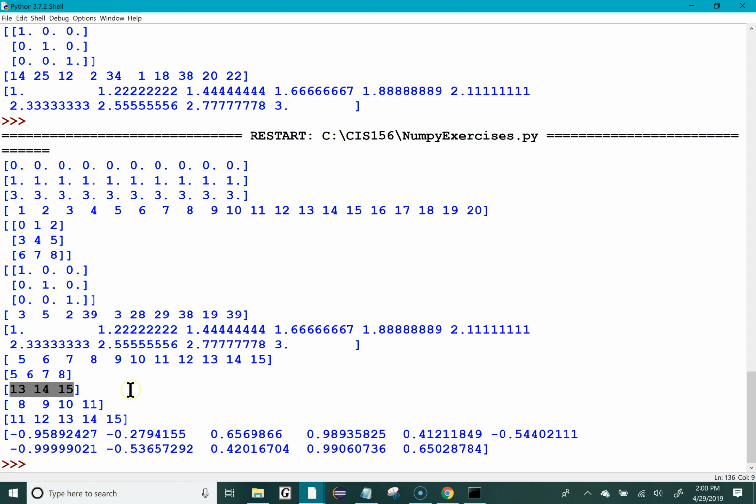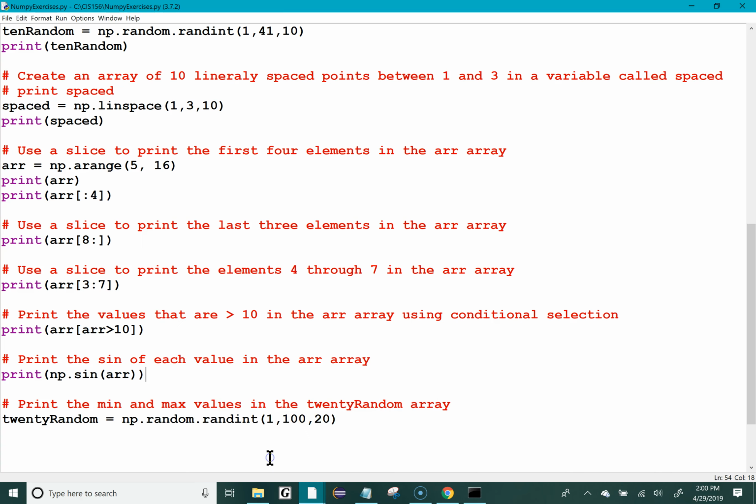Then we want to use a slice to print out the elements 4 through 7. So if we count them over, 0, 1, or element 1, element 2, element 3, element 4. So it starts at 8, 9, 10, and 11. So that's what gets printed out there. And then we want to print out the items that are greater than 10. So basically what that prints out is everything 11 through 15. So if we go back in,